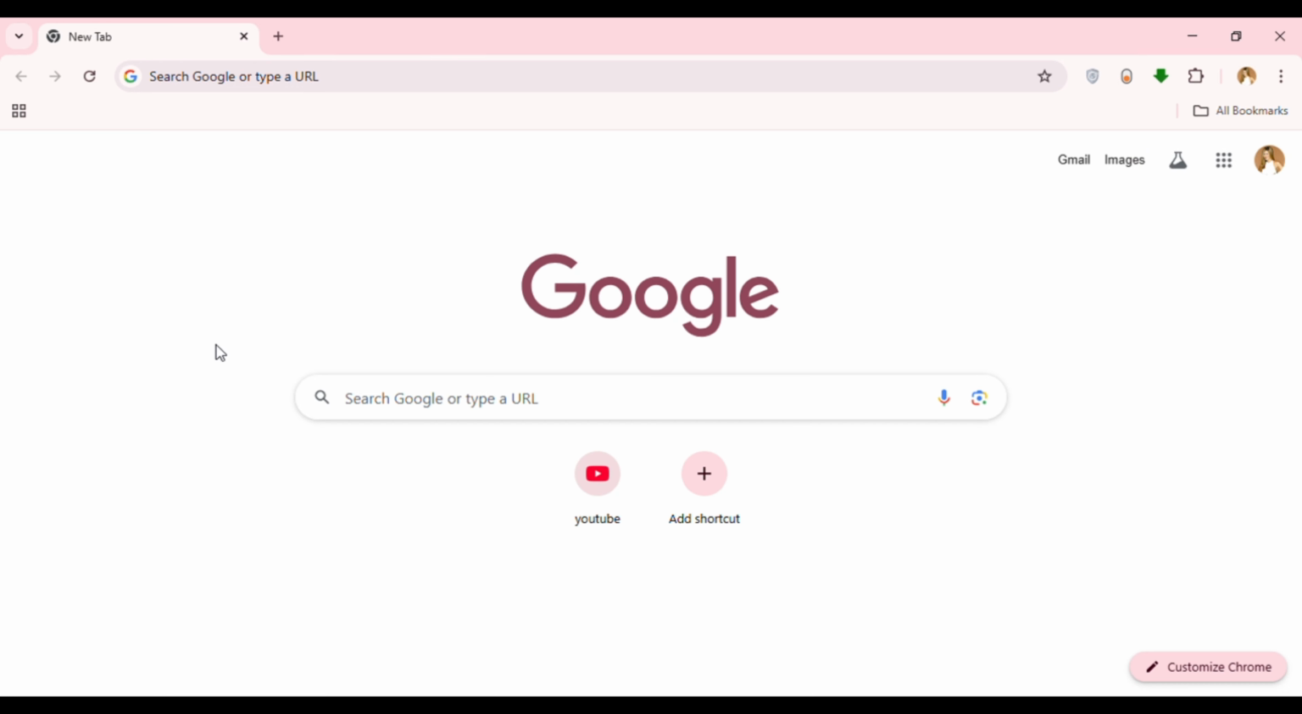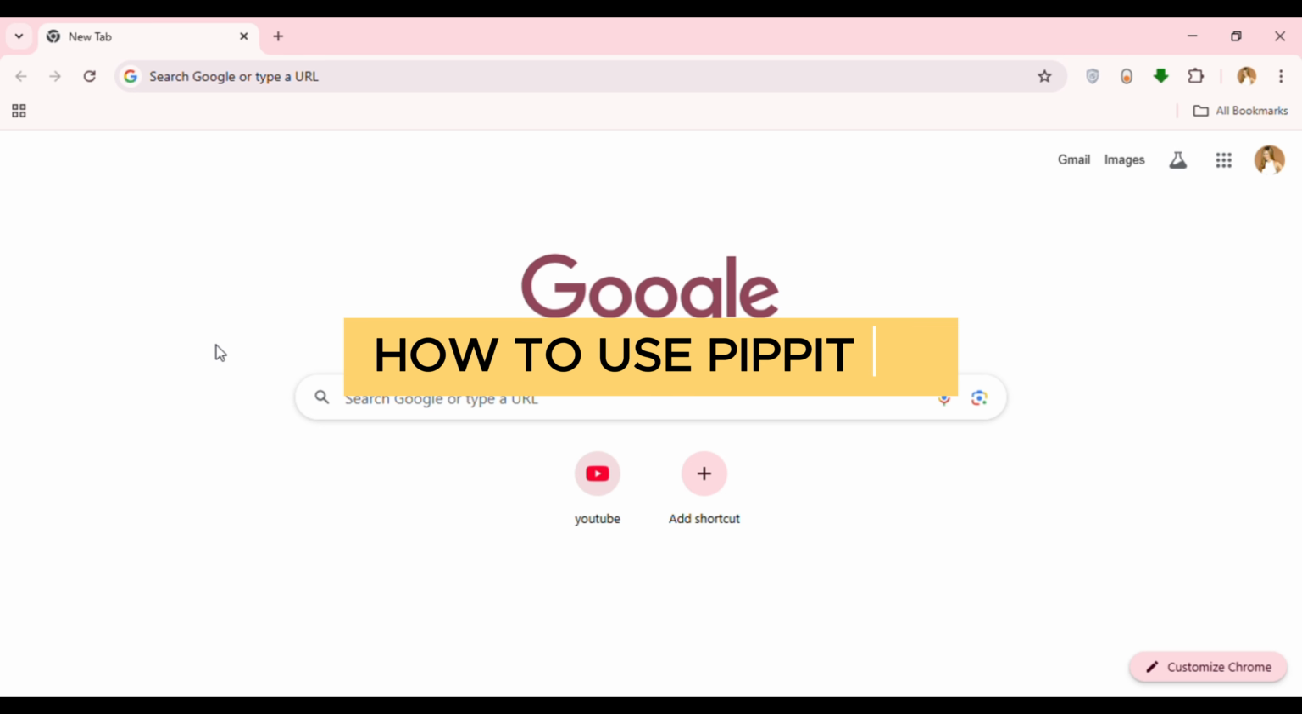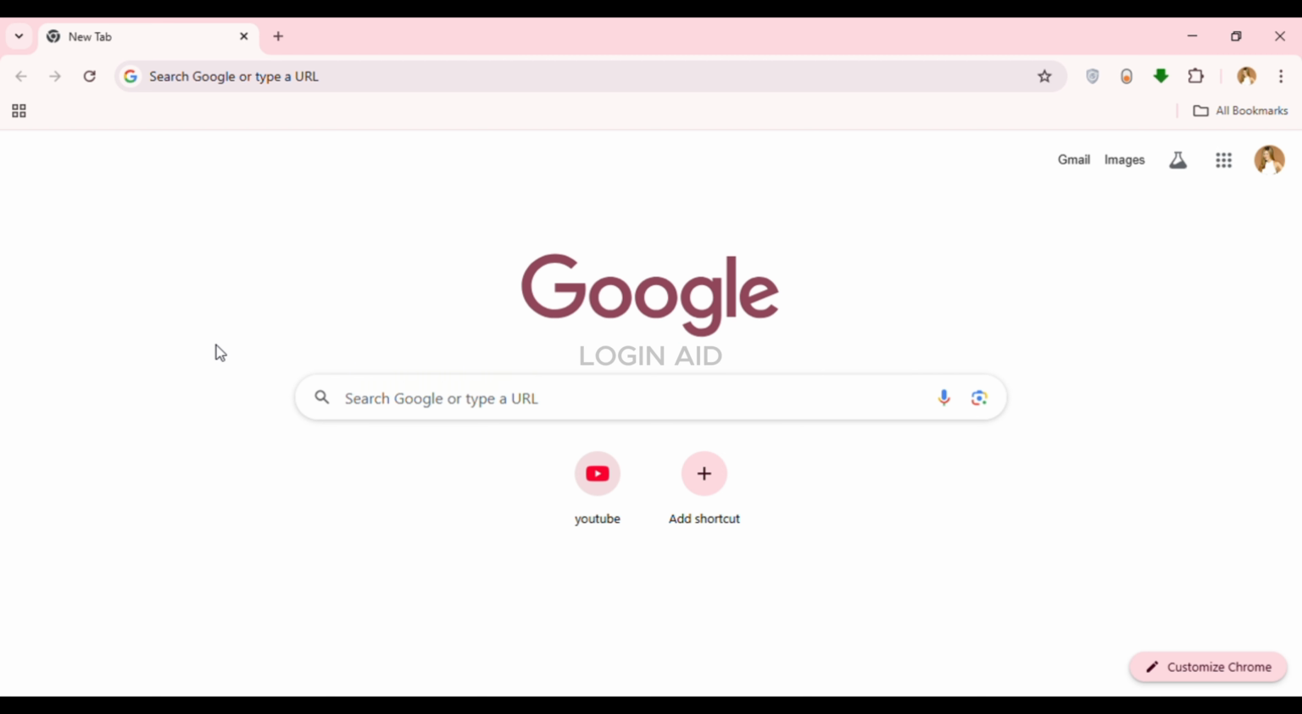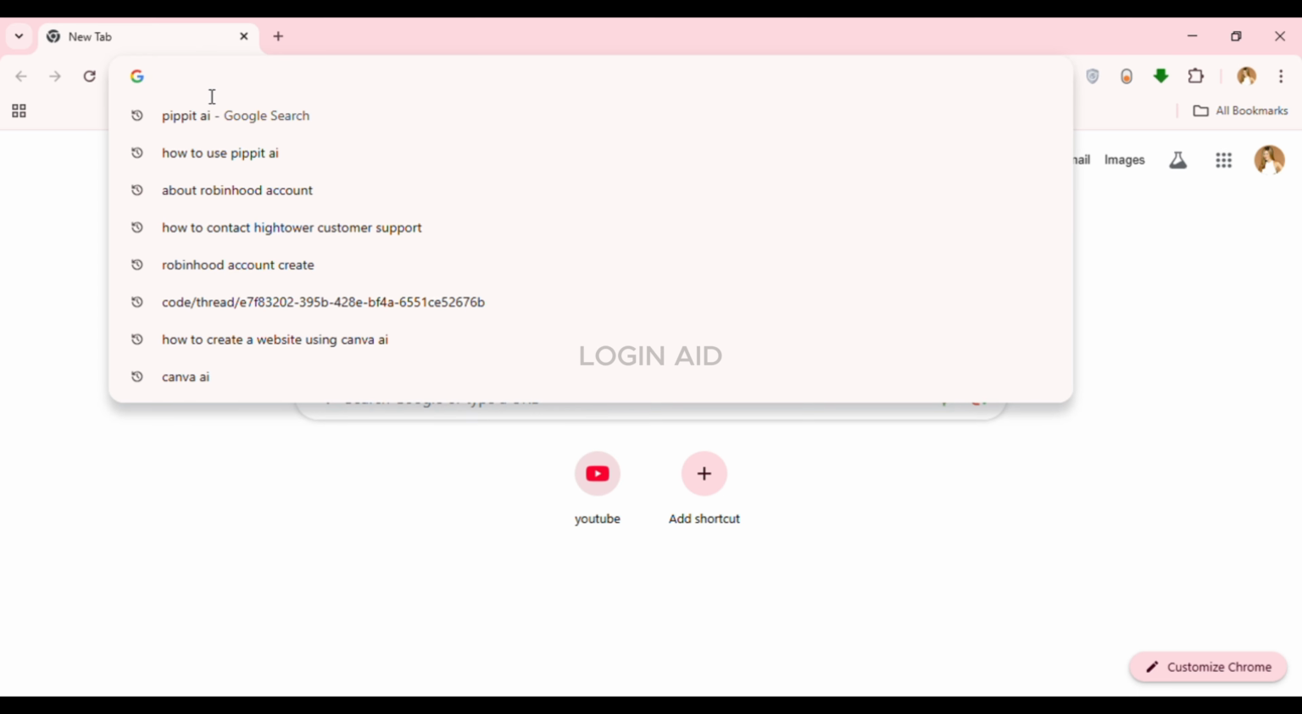In this guide video, I will show you how to use Pippit AI. So first of all, what you have to do is open any browser of your choice. You can see over here, I've opened Google Chrome. Now click on the search bar. Now what you have to do is type in